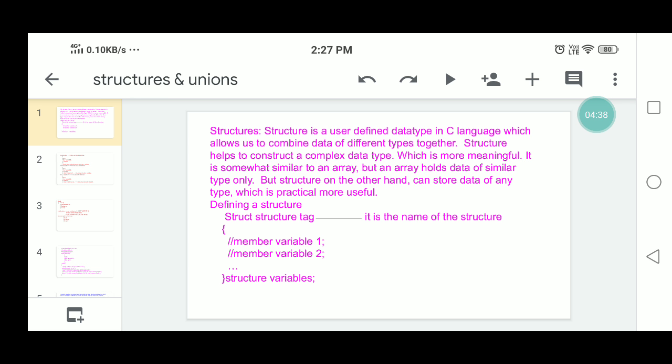Before this, you use single variables, array variables, and functions to develop the C program. In some situations we use structures, unions, and typedef enumerated type of data.